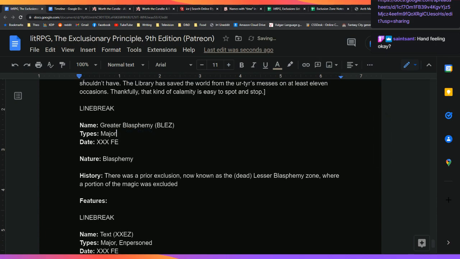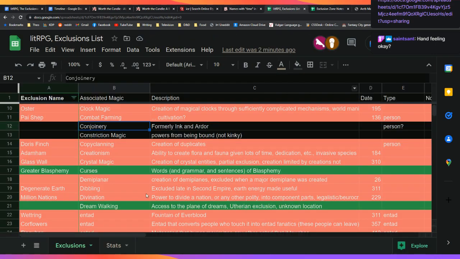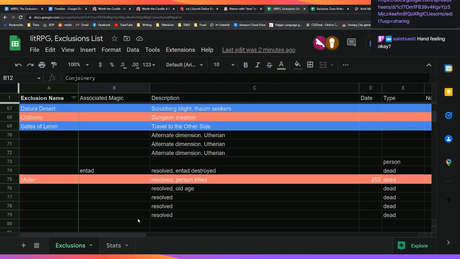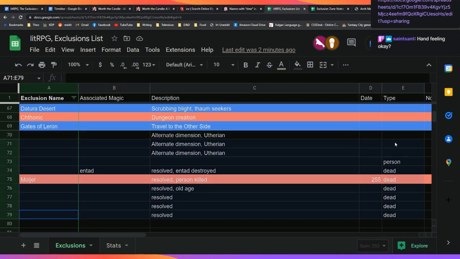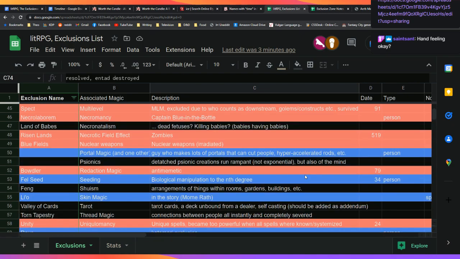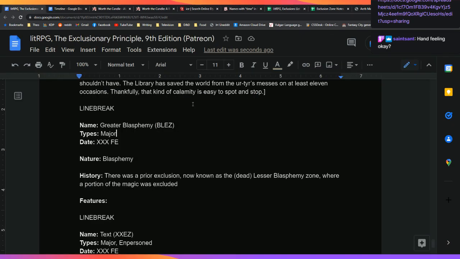It is definitely major. So yeah, the other example of creep on this project is the addition of exclusion zones that aren't known to people, like the dead exclusion zones. Possibly all 10 of these could be axed, and it wouldn't impact the work. They're interesting ideas, but this represents another week and a half of working on this project when I could be working on, well, I don't know what would replace it.